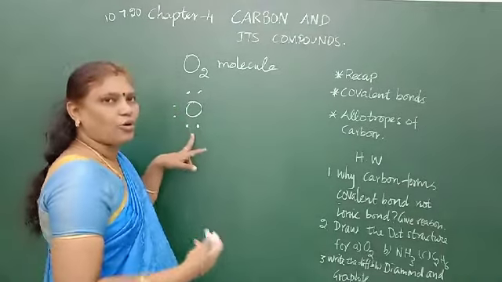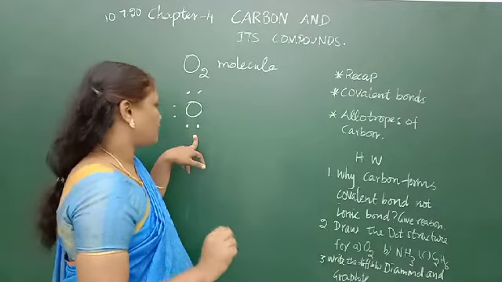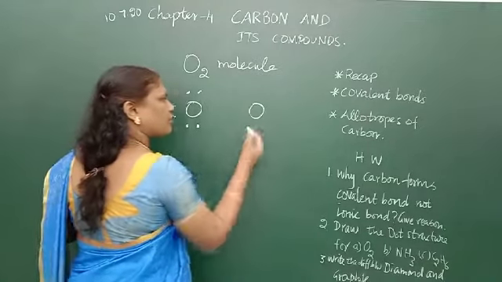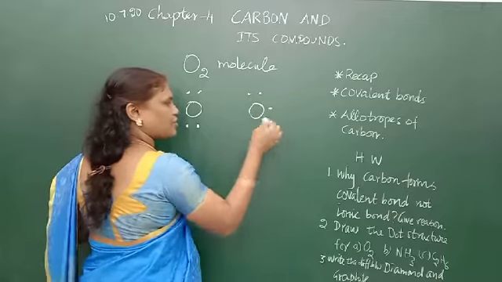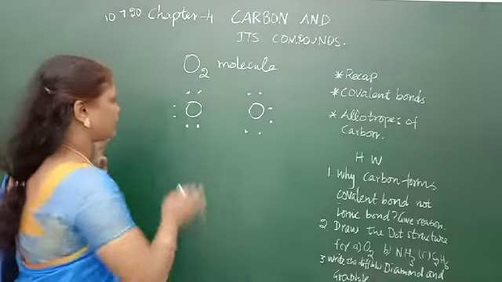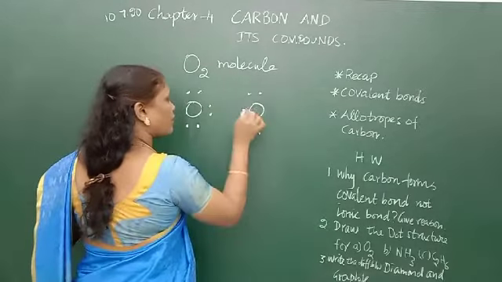So now 2,6. 6 is the outermost shell. It has 6 electrons in the outermost shell L. Okay. Another oxygen also will have how many electrons? Similarly 2,6. So we have to consider only the outermost shell. So I have drawn how many electrons? Okay, now 6 electrons I have drawn. How many more does it need?